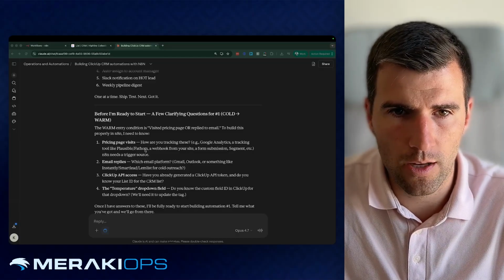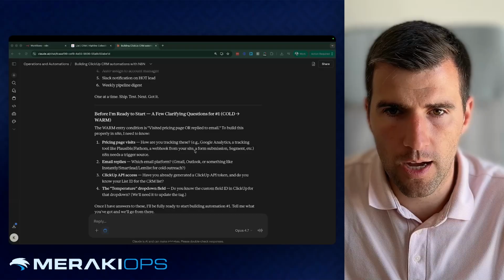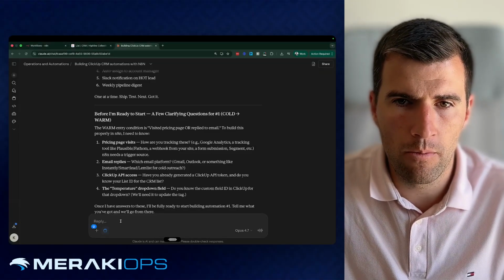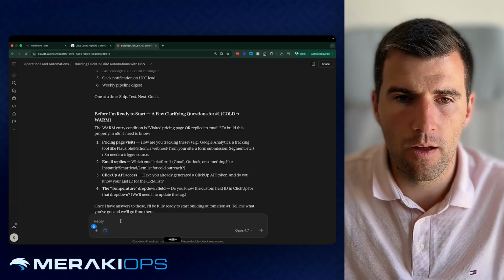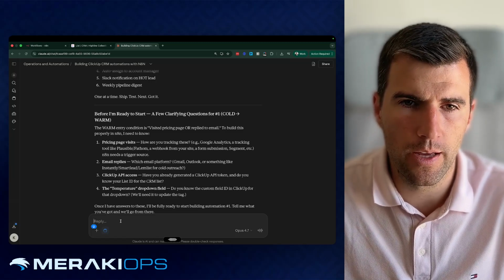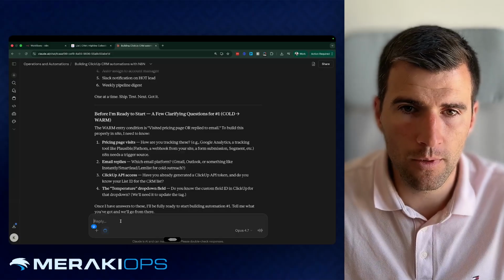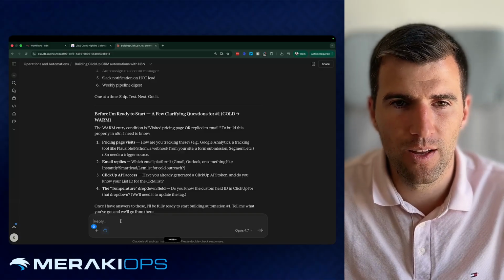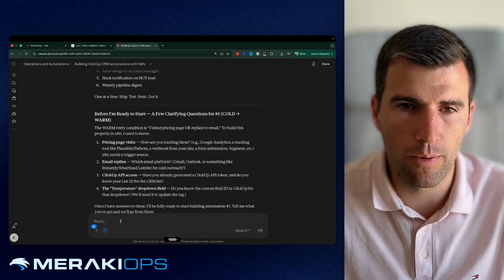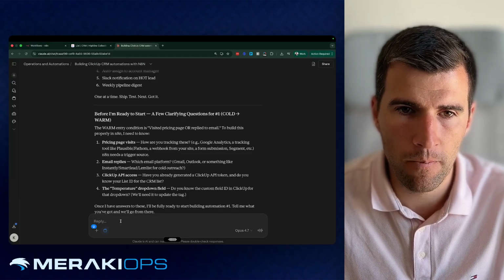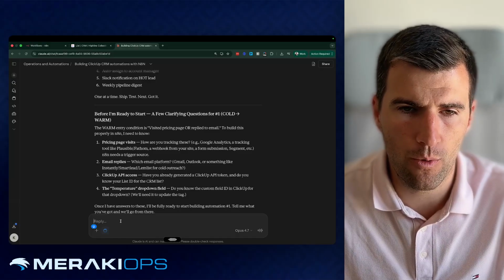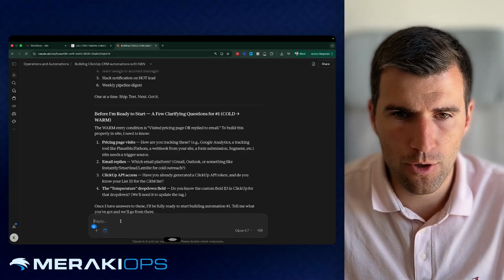Google Analytics tracking, like webhook from your site, form submission. Okay, so for the first one it's a webhook from my website. So when I submit the form, it fires a webhook and I'm capturing that, and that's how I know they submitted the form. Forget about the page visit. Let's say submit the form. The second one, reply email, I'm using Gmail. ClickUp API, I have ClickUp API access, so no worries for that. And the temperature drop-down field,